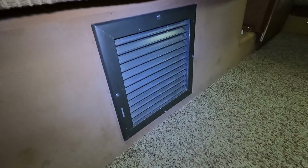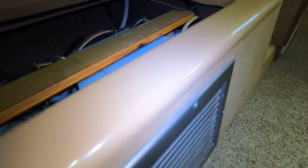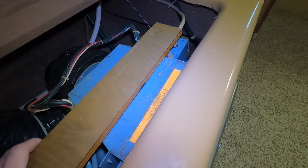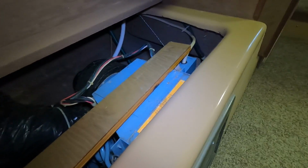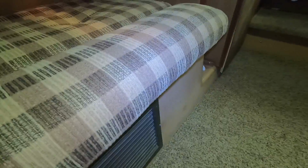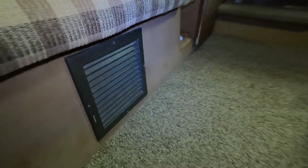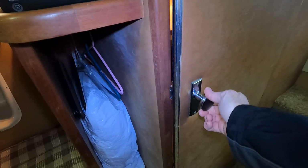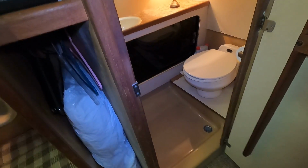This is our marine heat and air unit right here. This is a Cruise Air marine heat and air conditioning unit. This is essentially a geothermal unit that is going to make hot and cold air with your lake water. Carpet in here has been replaced. It's not original. We've got a small hanging locker right here, and just behind this door would be our head